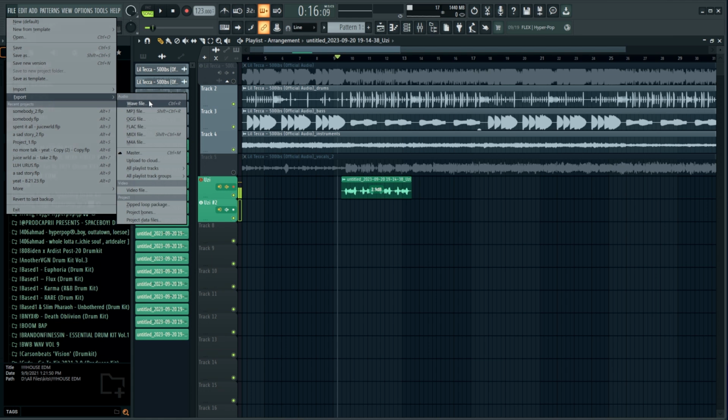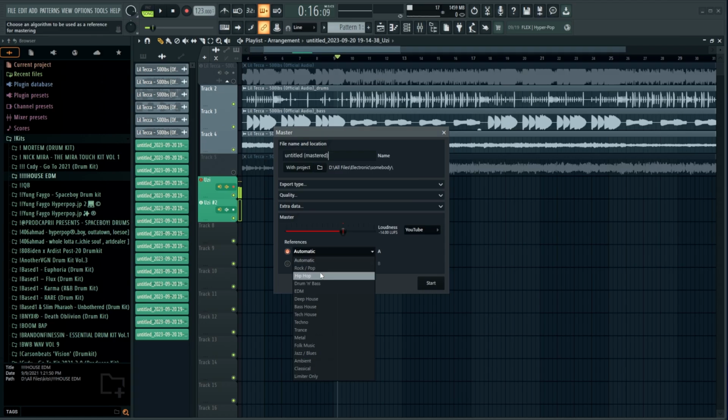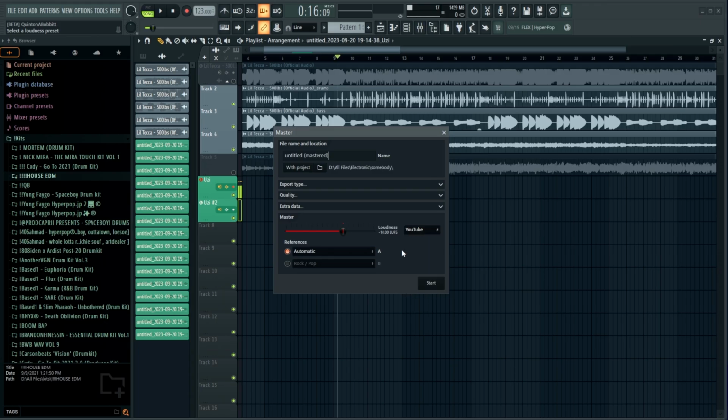Another cool thing in FL Studio that's coming, it's in the beta right now, is if you go to File, Export, you could click this master button right now. And you could give it a reference, which I don't really know exactly what that does. I guess it just tries to master it how some of these songs would sound. Like obviously we'd go for hip hop here, but you could master it just for certain streaming services. So if you're going to do YouTube, it'd do -14 LUFS. Yeah, some of the stuff is different. Looks like Spotify and YouTube are the same, but it'll automatically master it for you. I haven't tried this, so I don't know how it sounds, but we'll do a video over that in the